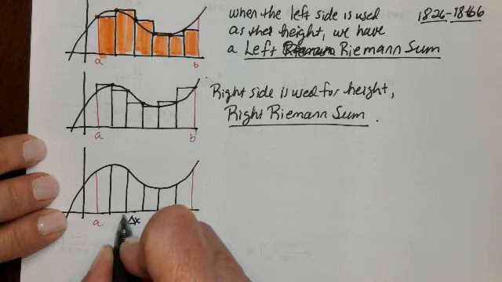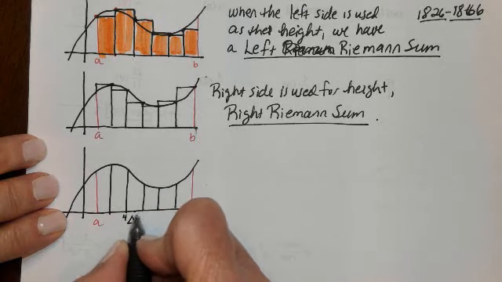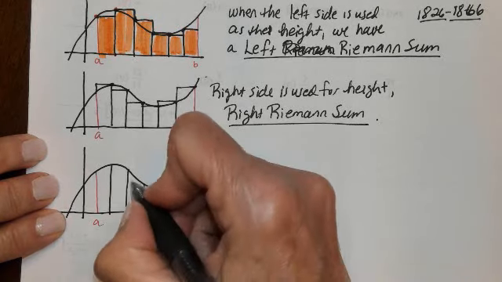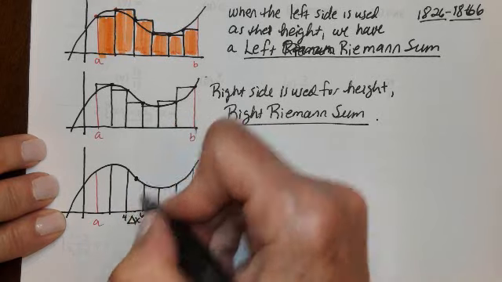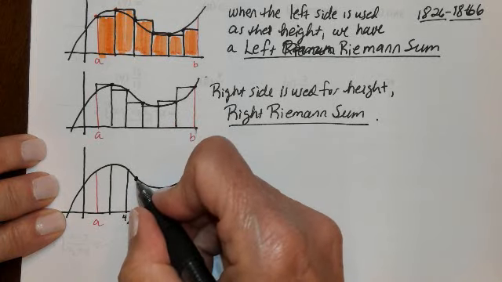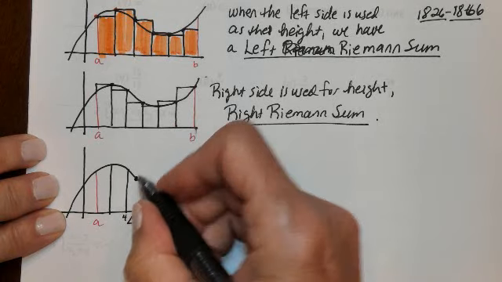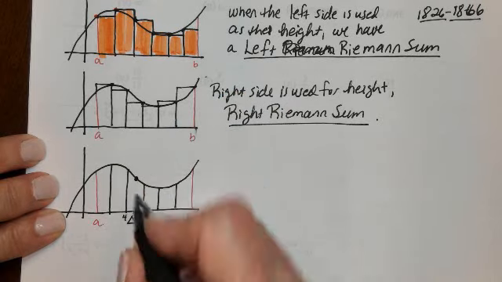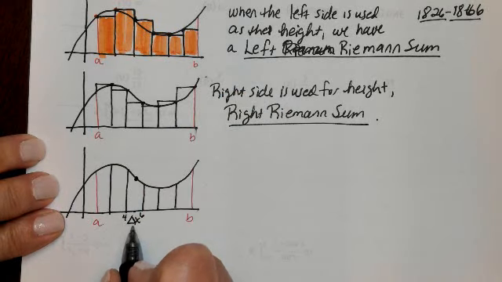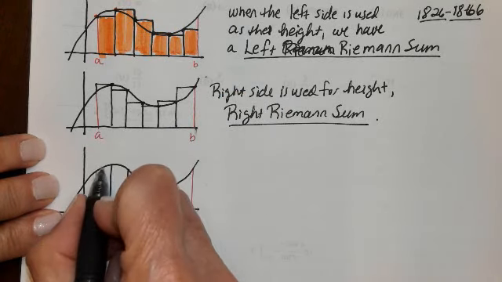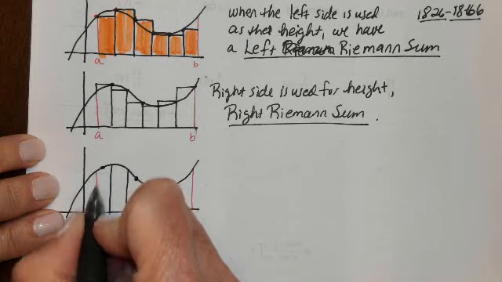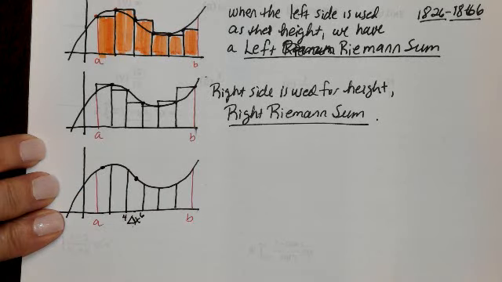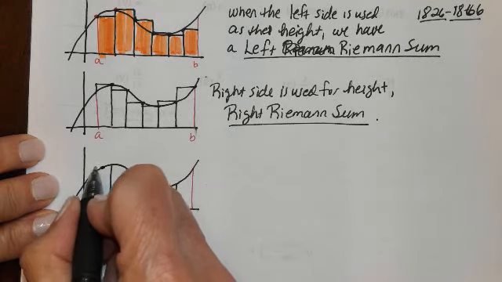So if this was a 4 and this was a 6, then I would be looking at the middle when x is 5. Right, the middle x value, the function height at that middle x value. Okay, so this would be the height of that first rectangle. So we would have the rectangle looking like that,